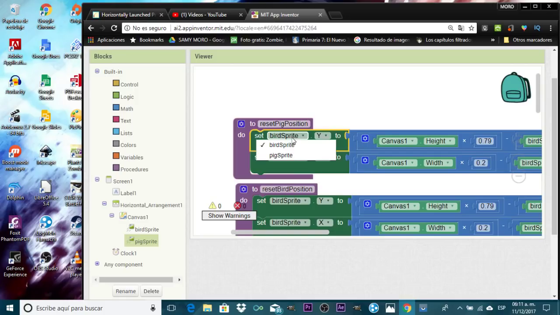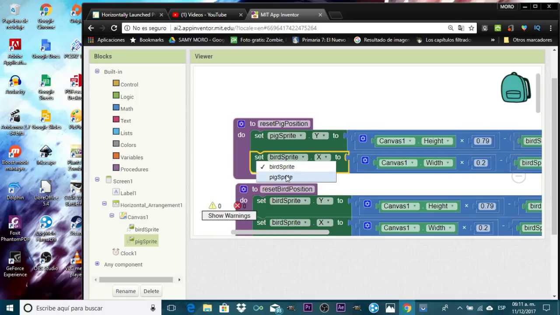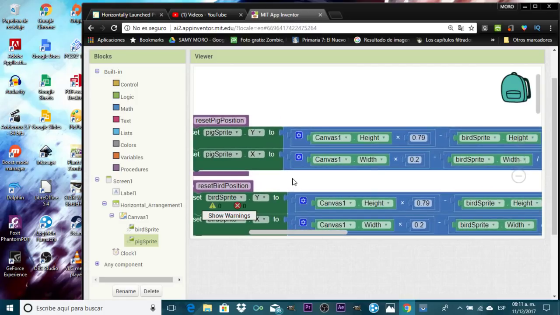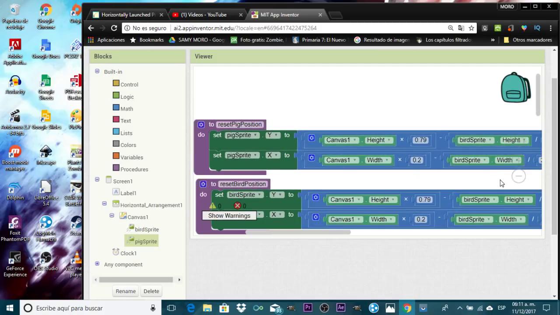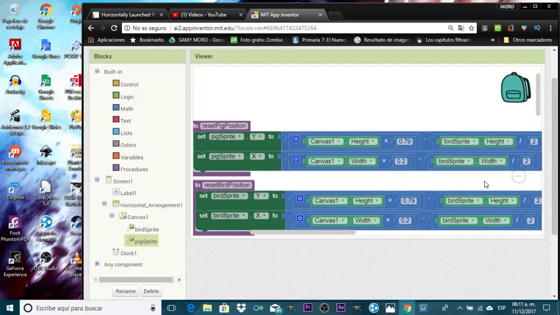Now we change this to pig, and we're going to use something different here. Let's reduce this a little bit for you to see. Pig, and pig. Now, for the Y position,